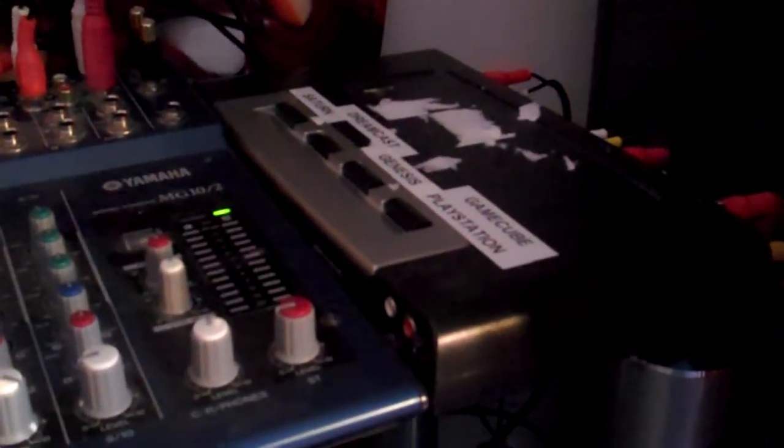Now the next thing on the right here you'll see is a switch box. The labels on these are completely wrong. I think I can have up to 4 systems. Unfortunately, because of the configuration I had to do, I'm blocking this, so I can only do 3, which isn't a huge deal. And this is routed to the composite portion of the TV that's on the inside of the